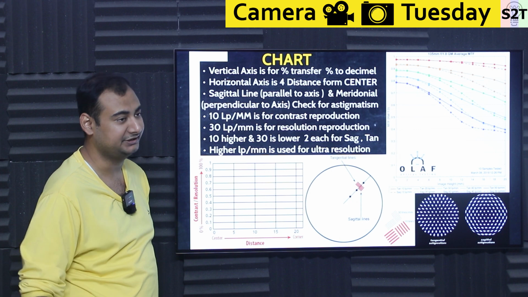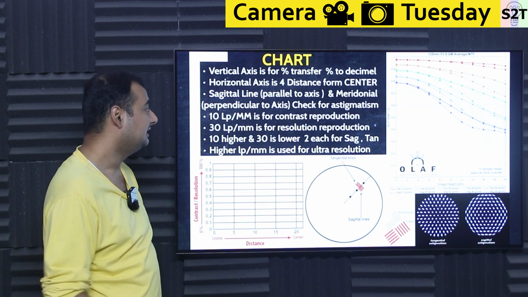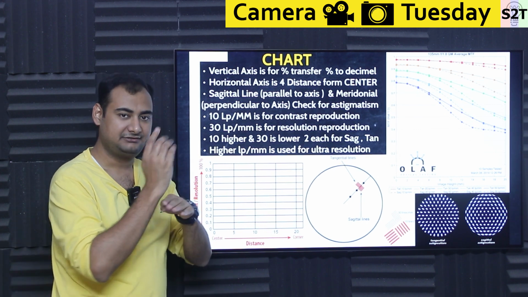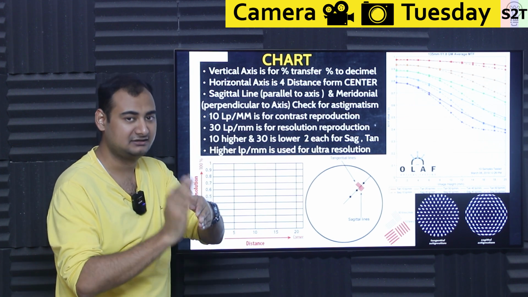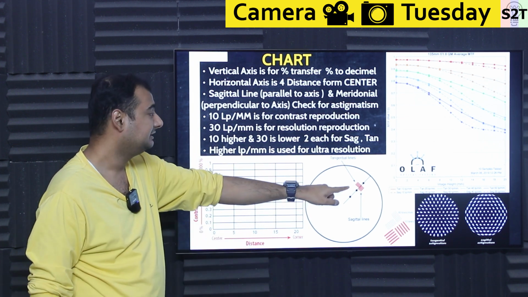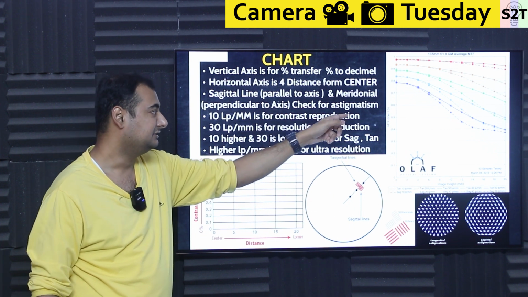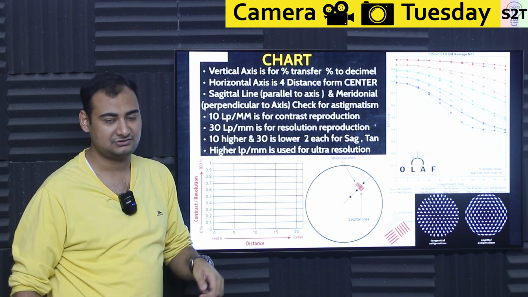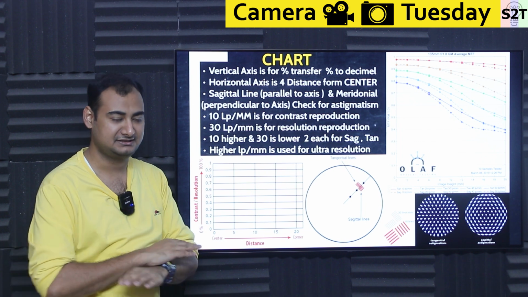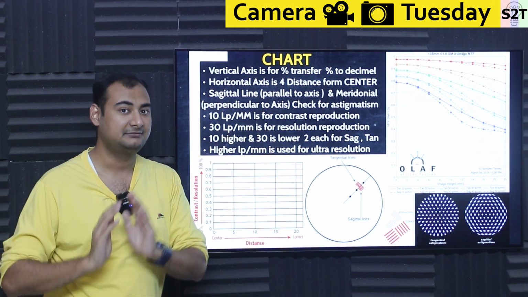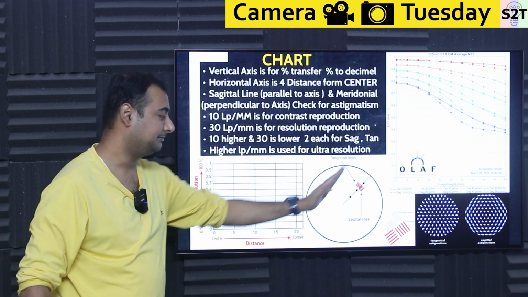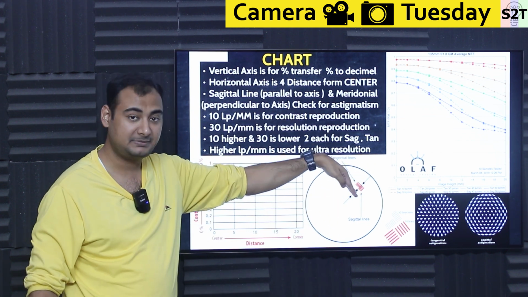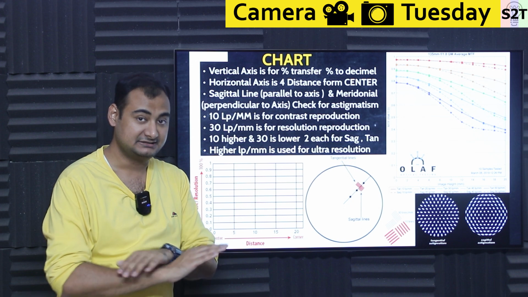I have no idea what the proper term is. Okay, I'm going to call it mathematically what it is. Parallel to the axis, meaning if you take the lens and spin around it, and you draw lines parallel to it, that's classified as parallel lines. And then you have meridional, that is perpendicular. So you have parallel lines and perpendicular lines. That's all you have to worry about. So this is the lens, this is a line, and if you are parallel to it, that's one data point. If you are perpendicular to it, that's another data point. That's all there is to it.